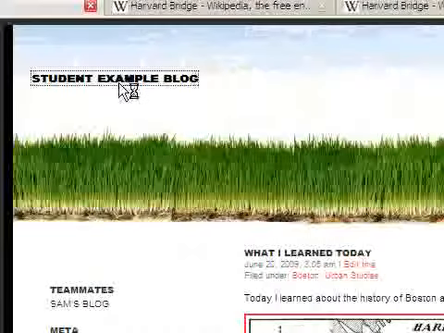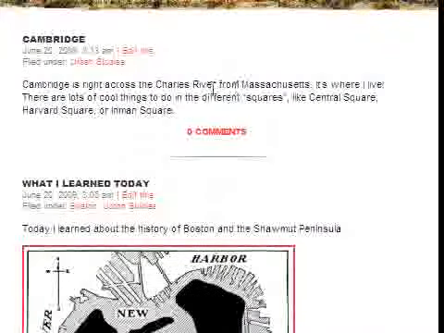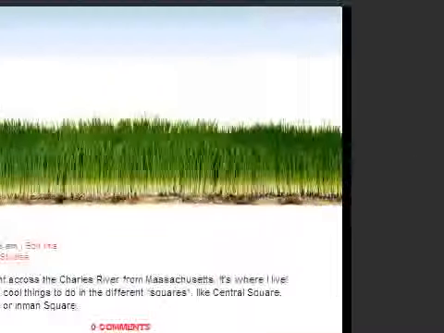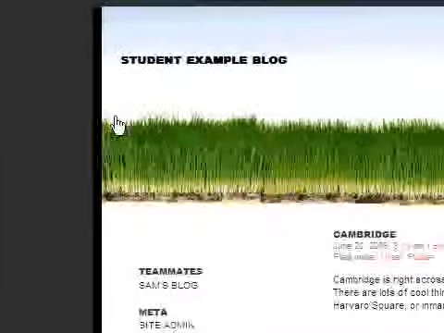And there we go. I can start organizing my different thoughts as I've got different things going on, and I've got a custom theme. So with that information, I think you're pretty well on your way to making a cool blog